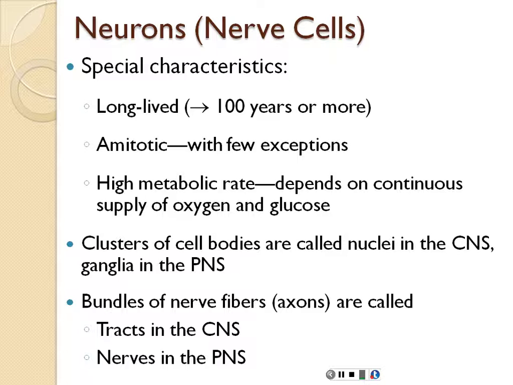If you have a high metabolic rate, your body is using energy more rapidly. So you can think of the brain as using a very large supply of the energy that we consume. Okay? So they supply oxygen and glucose